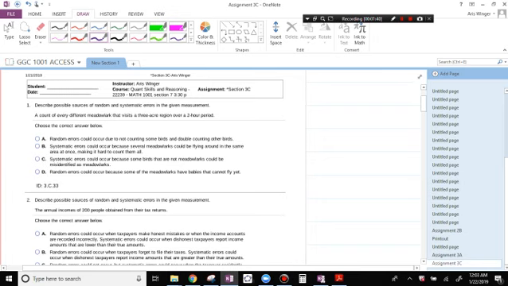That's not something about the system. Systematic errors could occur because some birds that are not meadowlarks could be misidentified. This would be a random error, right? Misidentifying them. So if something's hard to count them all, that again is a random error. And so random errors could occur because some of the meadowlarks have babies that cannot fly yet. That would be a systematic error, right? Something about the system that creates an incorrect reading. So the answer is A.